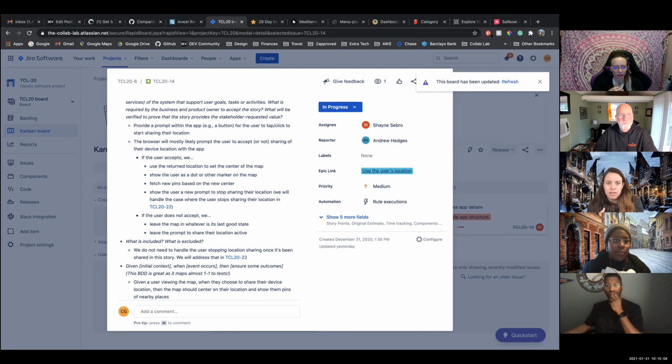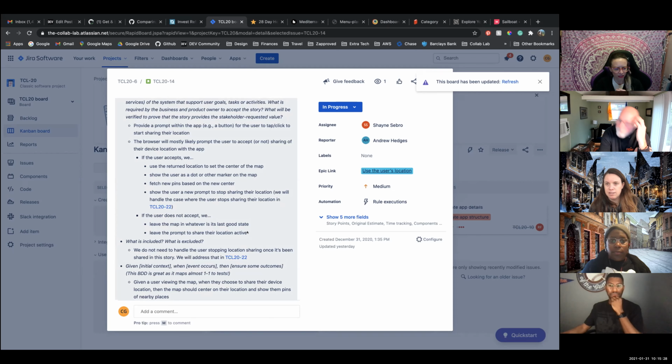I think one thing, this is not totally done yet. We were talking about how we need to test this on a bunch of different devices like Android. And then I had some questions around leaving the prompt to share their location active, because I was seeing the prompt in the browser.